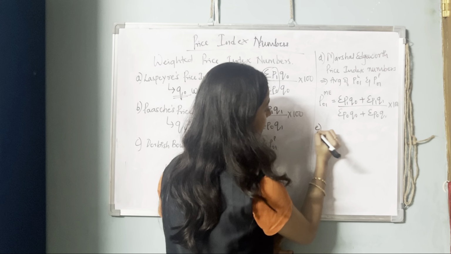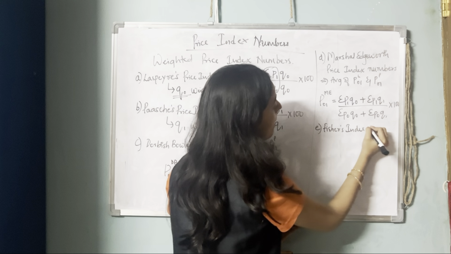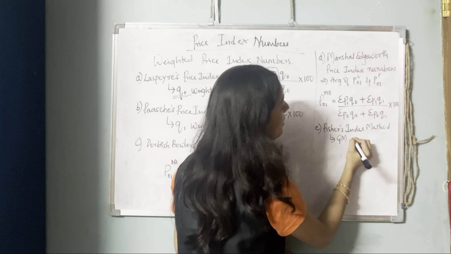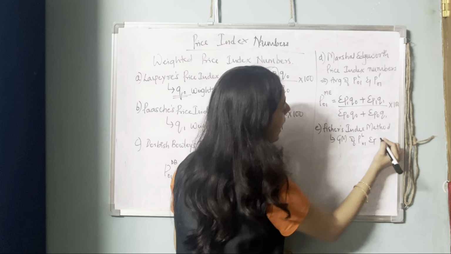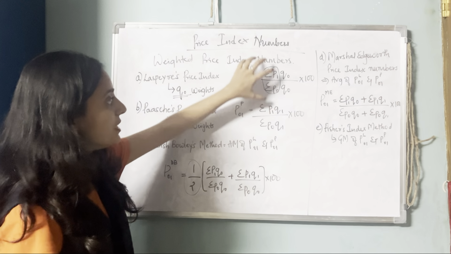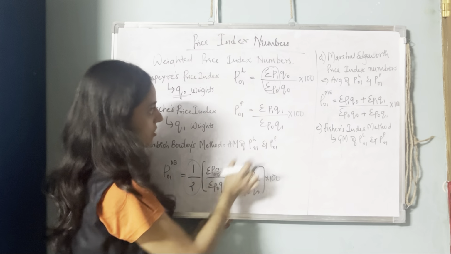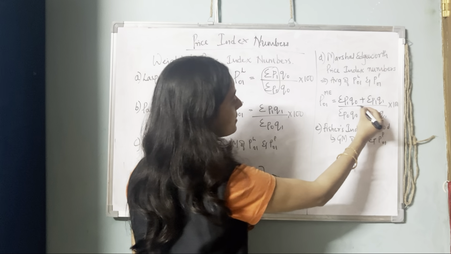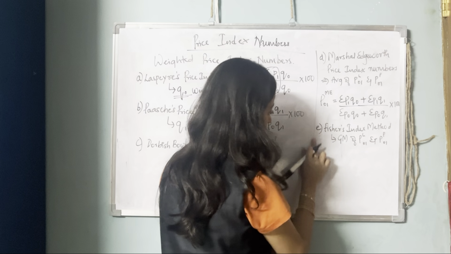Next is Fisher's price index number, one of the very important methods. This method considers the geometric mean of Laspeyres' price index method and Paasche's price index method. If you know these two formulas, the rest are all easy. In this, this was taken and this was taken. Here also this is taken and this is taken, but it's an average, so we are considering it as one whole term. Now it is the geometric mean, so